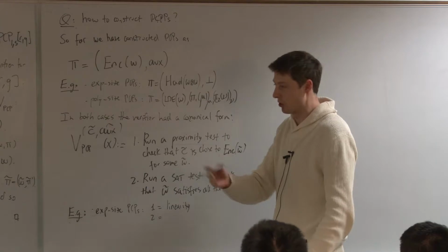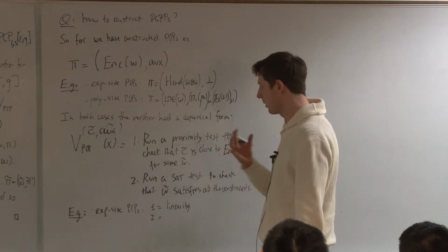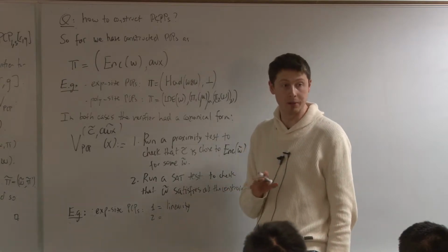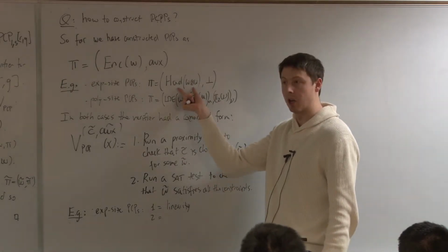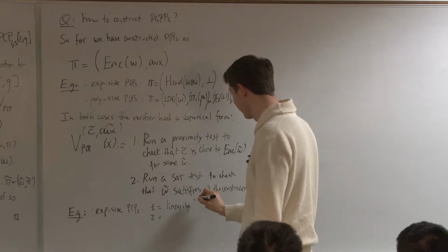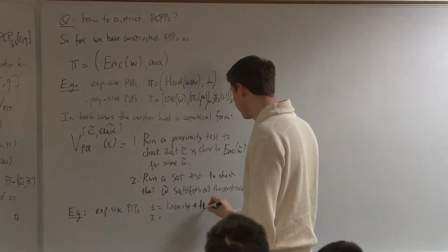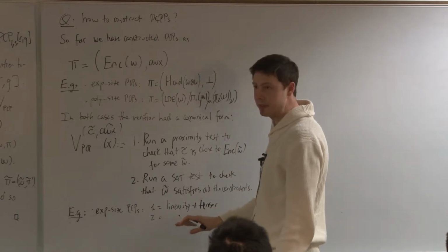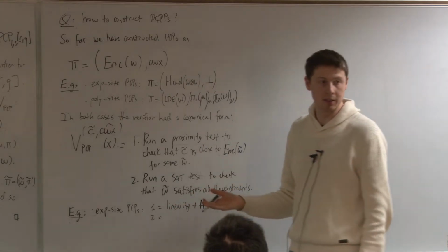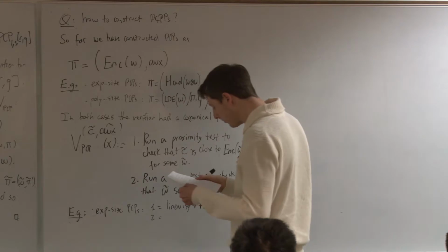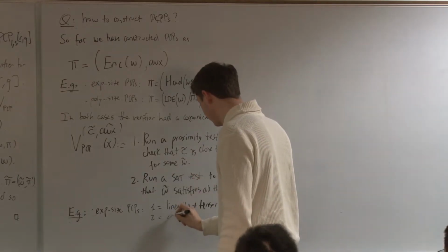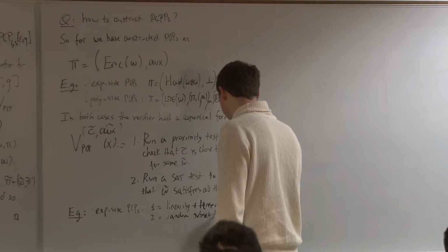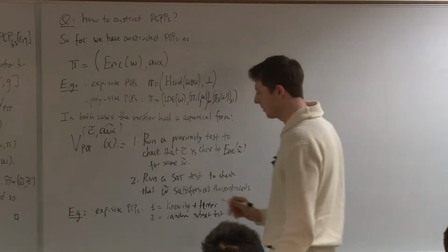Oh, it doesn't matter too much, it's just how we draw lines. But I would say that the correct analogy is linearity plus tensor. Tensor doesn't care at all about satisfiability, it's just about the specific way that we're encoding information, okay? So this is linearity plus the tensor test, okay? And the other one was just basically taking a random subset sum of all the quadratic equations, right? So let's call it a random subset test. Okay, so that's the analogy for